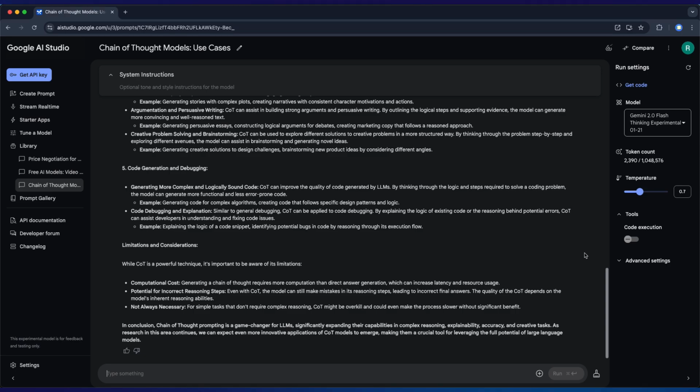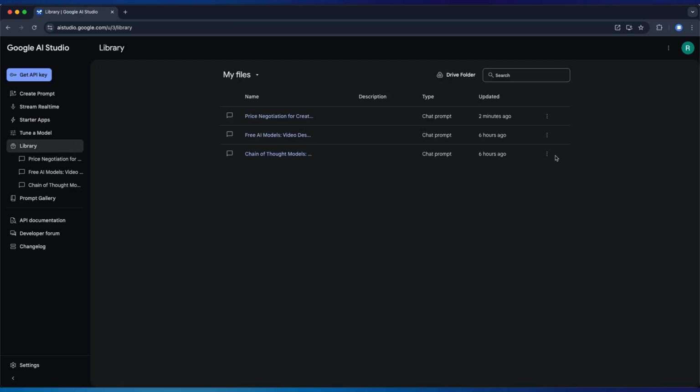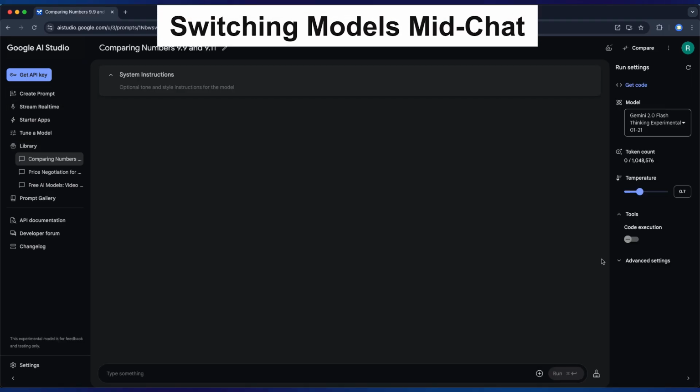It does save automatically after 1 or 2 responses. If not, you can click up here and click Save to Drive. You can also go back to the library and delete any of the chats that you don't need or don't want anymore. Now, one last thing you can do with Google AI Studio that's quite cool is you can actually